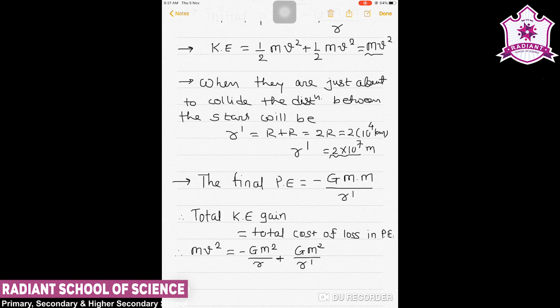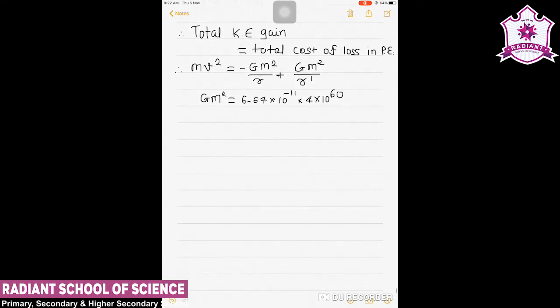That will be GM square: 6.67 into 10 raised to minus 11 into M square, which is 4 into 10 raised to 60. When we simplify this part, we get the value